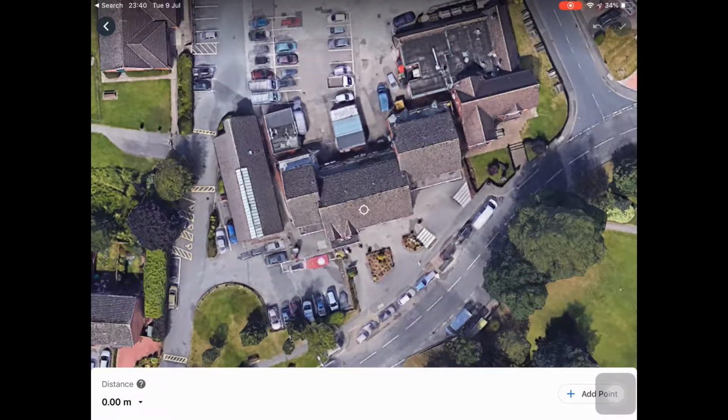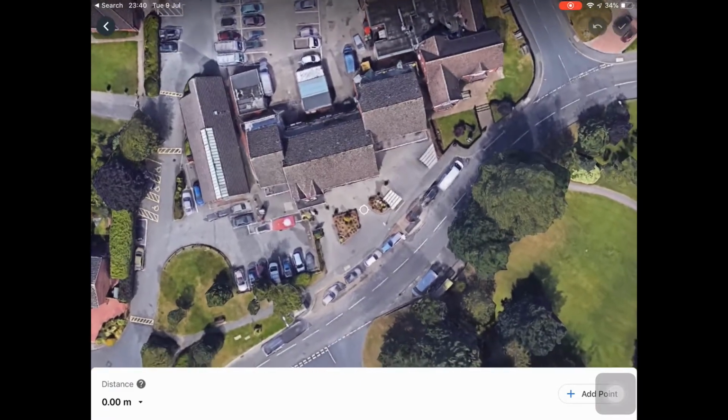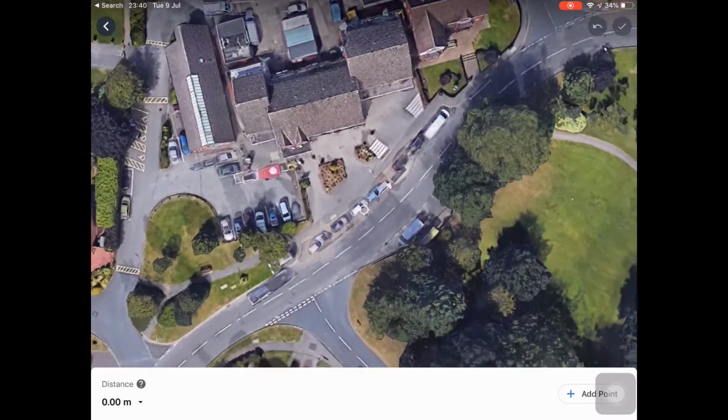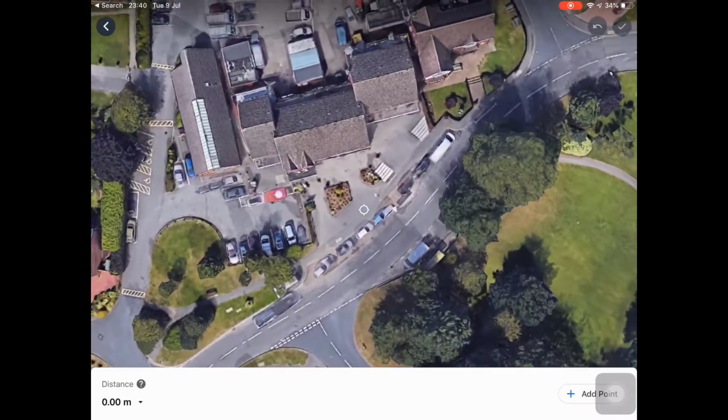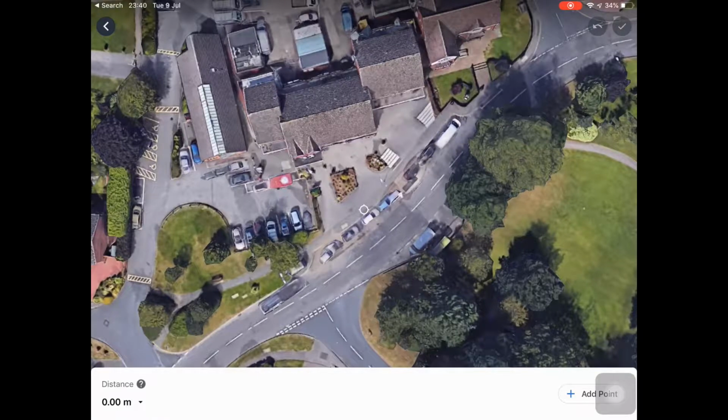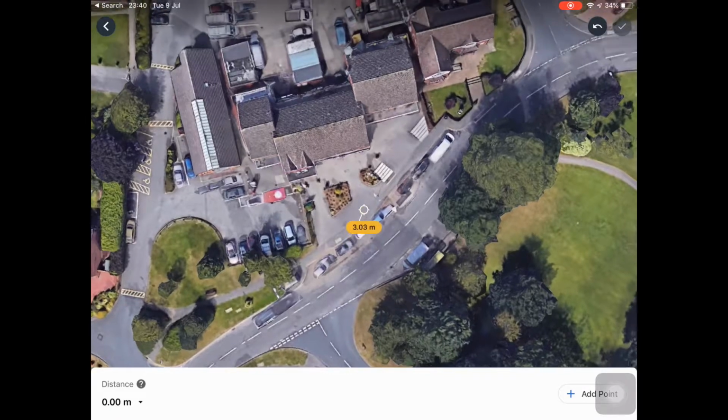Well, the point is in the middle of the screen. Can you see that little circle? I'm moving the picture by dragging it with my finger. I'm going to put that outside the shops, and then I'm going to click on add a point at the bottom of the screen, and that's my measuring tool. And as I move,